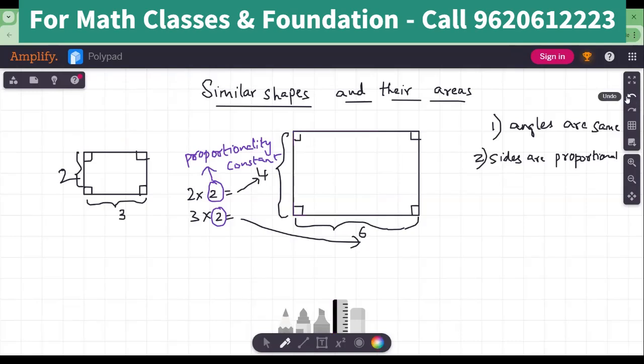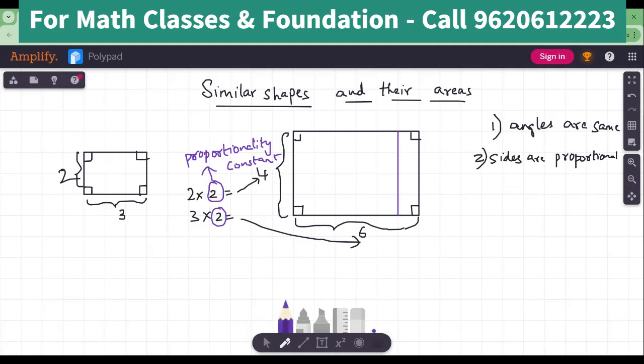Now if I had made the rectangle a little smaller here, that means the length is only 5, right? The breadth here, instead of 6, it will be a 5. Then this 2 will not be same. 3 times 2 will not be 5, isn't it? So for similar shapes to happen, this number of times that we do should be same for all lengths.